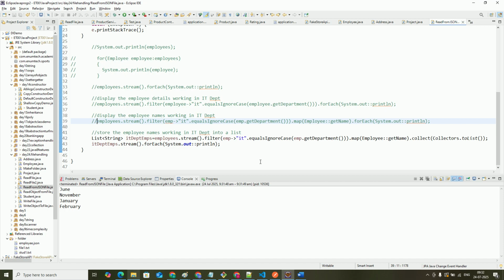How many departments do I have? Store all the department names. If I want to do this, I store all the department names into a list. So what will I do now? It will be a list of string, dptNames equals to